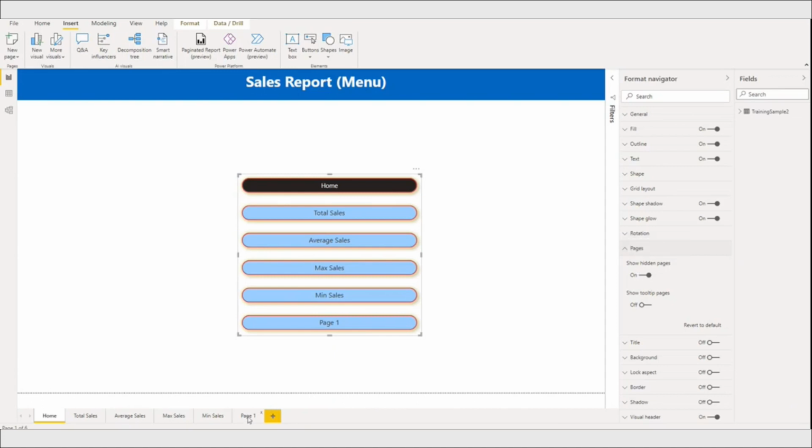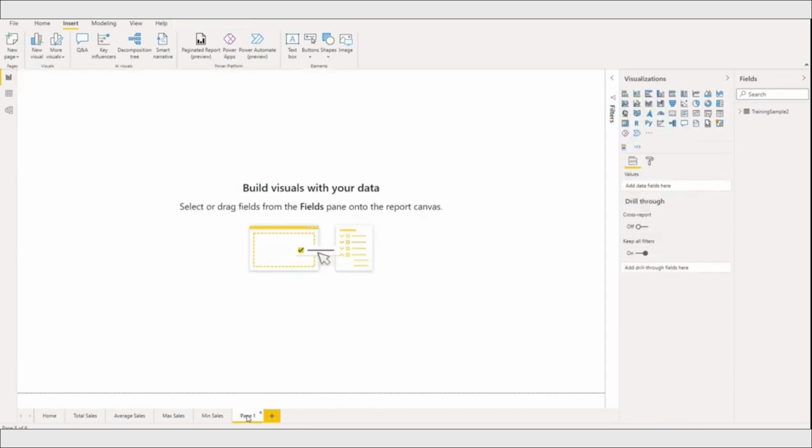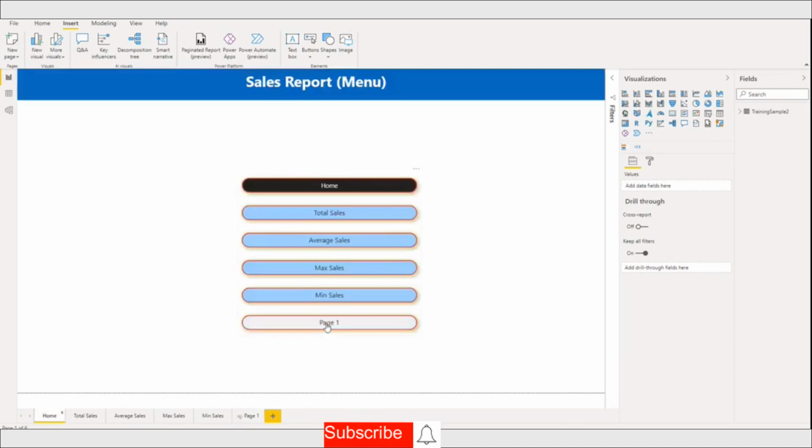What it means is, sometimes in the report we have some pages which we do not want to show directly, and we say hide the page. So for example, I hide the page, and now you can see it is still appearing here in the button option.